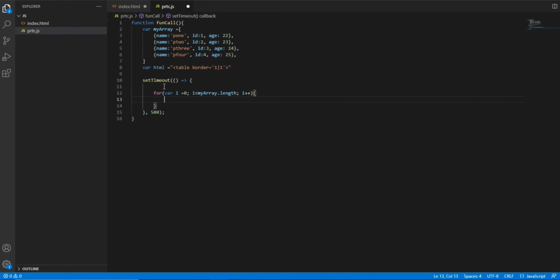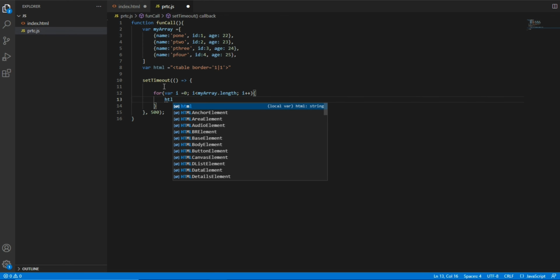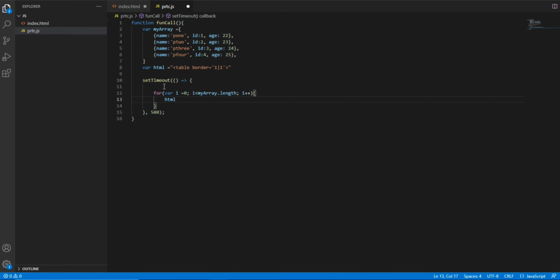Inside this I will give html plus equal to tr.